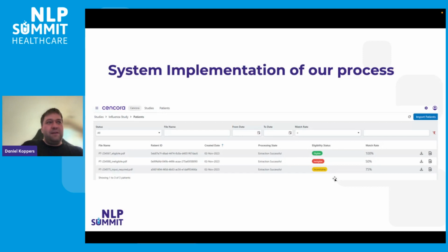The user would then upload the data into our system, the extraction and matching tasks are running in the background, and the physician is left with a screen like this. A list of potential eligible patients for each trial protocol. Each patient with a clear eligibility status: ineligible if an inclusion or exclusion criterion is not met based on the patient data. Eligible if you found a unicorn that has all the right answers and all the correct data for